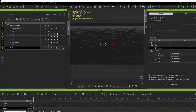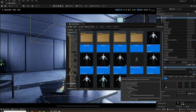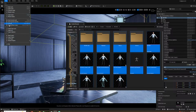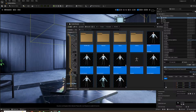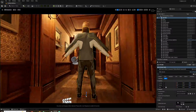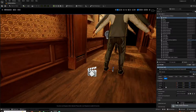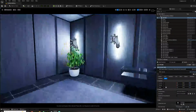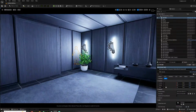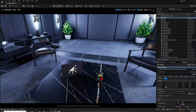So where's our character? Character is imported, and he should be good. We should save everything just in case. And where is he? So he's standing right here with Bond. Same with our character. Whoops. So I'll put them here, and then when it comes time, we'll move them around, but they're fine here. Okay, let's bring in the model